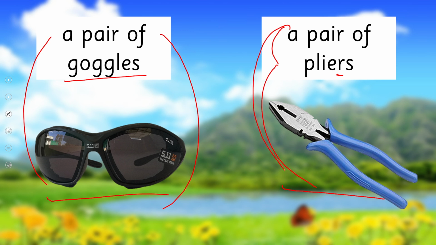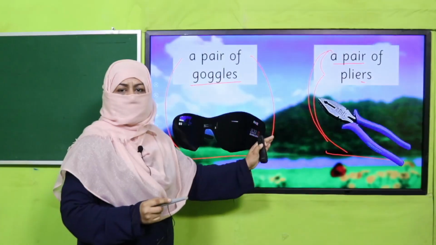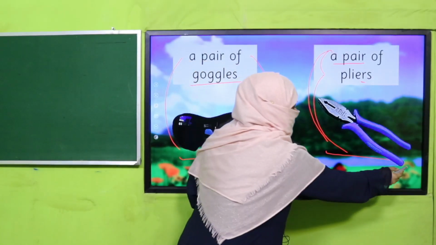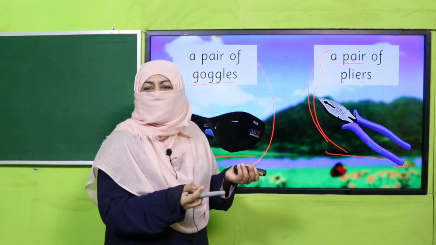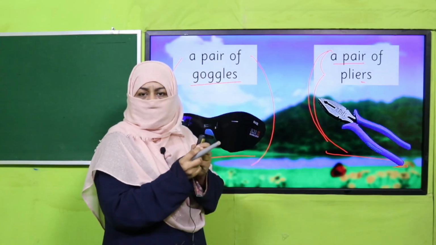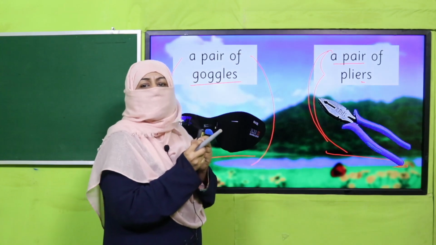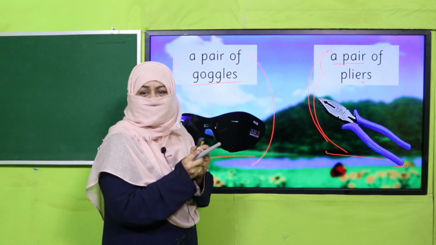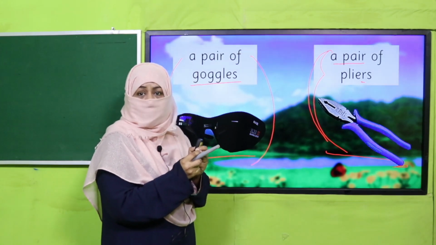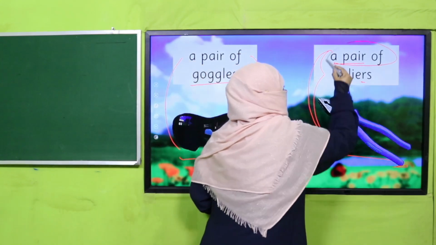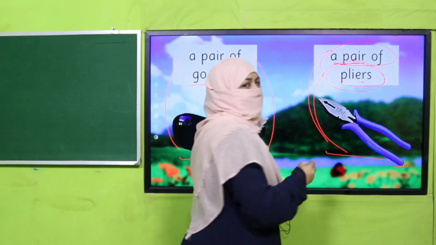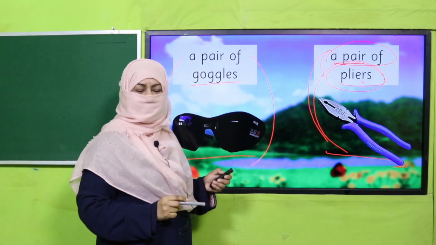Now I want you to just think about it. Why do we say "pair of"? Because if you look at these things, one is useless. One is a half, it's not going to work. That's why we always use them in pairs. As we use scissors, a pair of scissors, a pair of pants, a pair of shorts. All are always two. That's why it's "pair of," and this noun is always plural. Do you understand? All right.